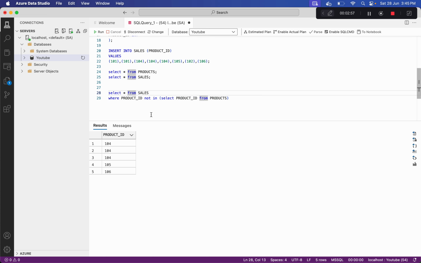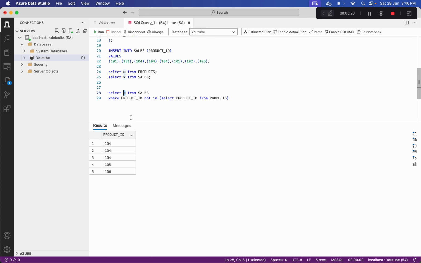Okay, so now we have the list of those product IDs that are available in the sales table but not present in the products table. From this table, instead of taking all this information, we have to count these products, like how many times these products are coming in our output.